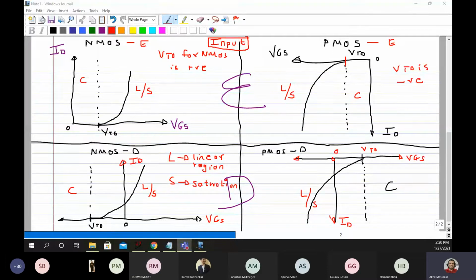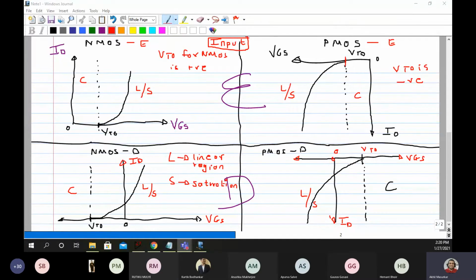But definitely we can say that the MOSFET is in cutoff. If the gate voltage is less than the threshold voltage required, 101% you can say the MOSFET is in cutoff. But if the gate voltage is greater than the threshold voltage, then you can say the MOSFET is on, but you cannot directly say whether it is in linear or saturation. For that, there is one more test, which I will show on the output characteristics.